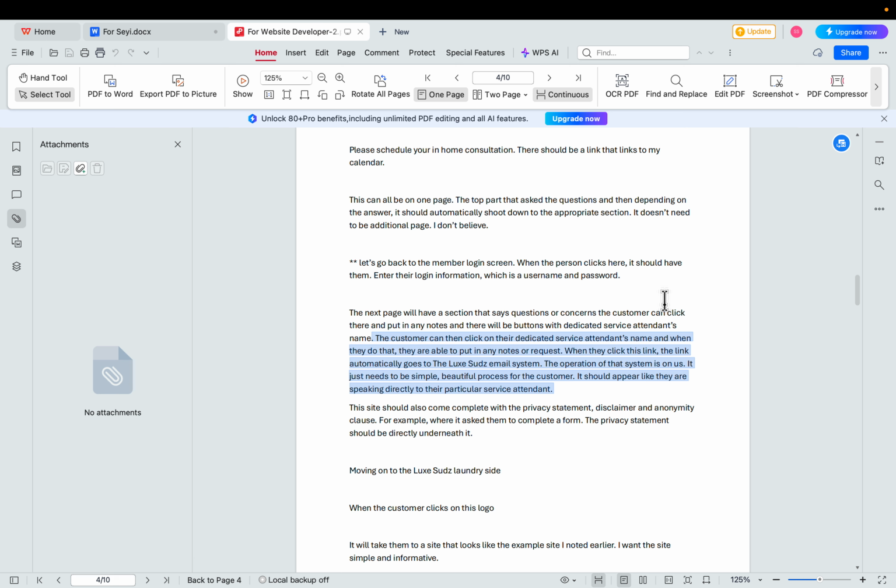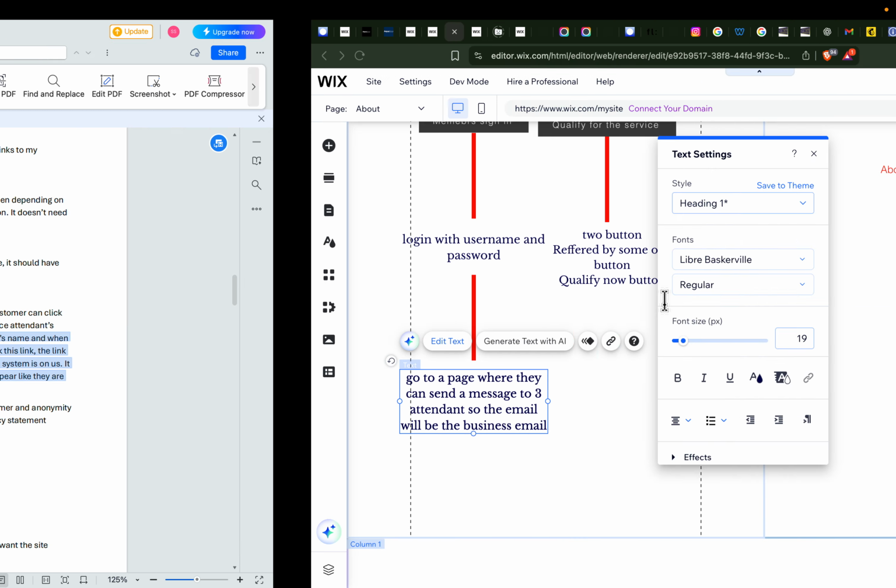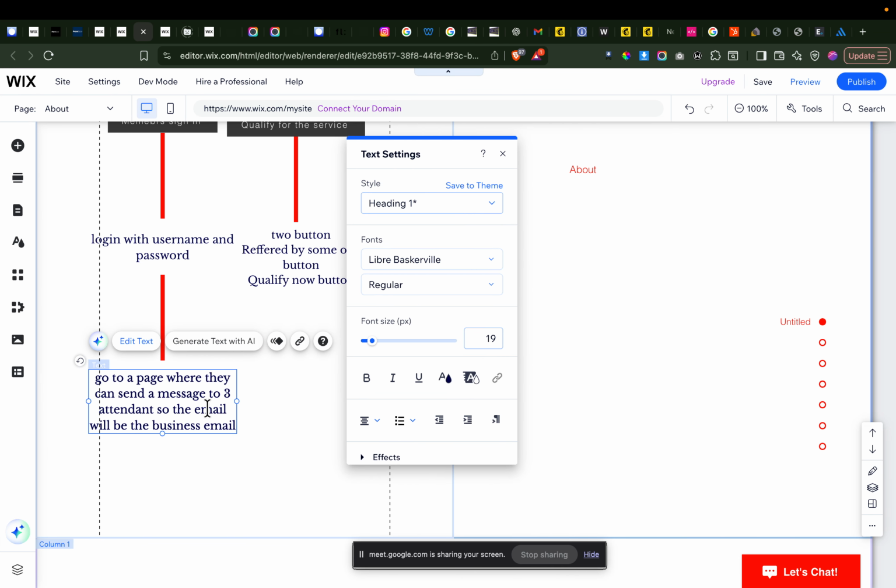I don't think we need two buttons. If they're in there, they're already a member. So we just need them to click on the attendant that they want to send a message to, and then send an email. Very simple. It doesn't need to be new or returning because they're a member now. They've already paid, they can send $5,000, $10,000 to get in here. So they'll just be members and go to a page where they can send a message to any of the attendants.